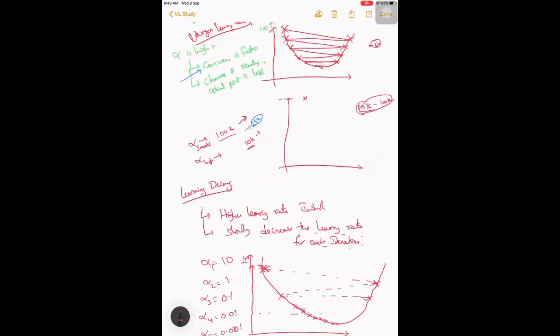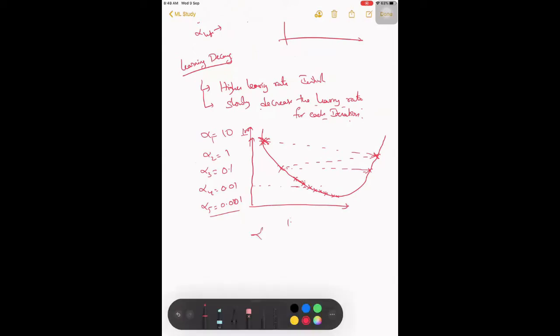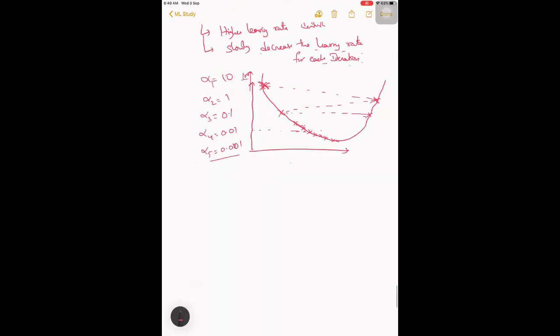Similarly, we were able to reach this smaller position in very few iterations. Let me do a comparison here, put a table: alpha low learning rate, alpha high, alpha decay.